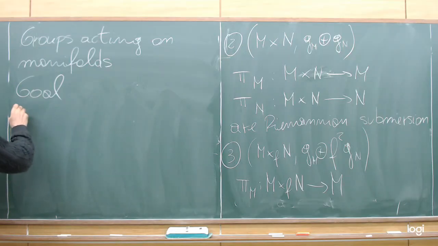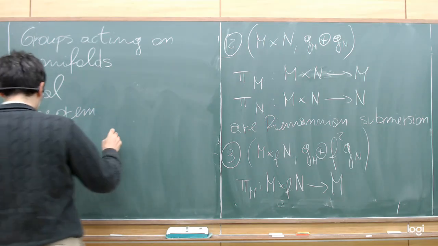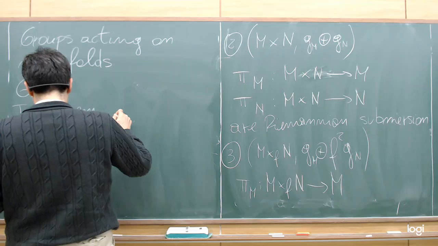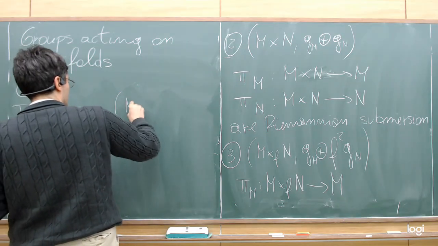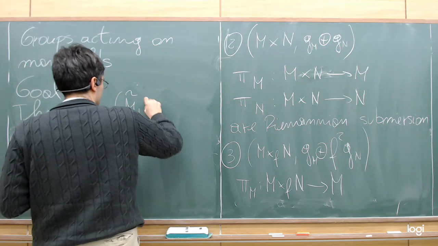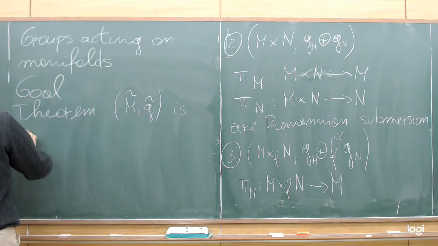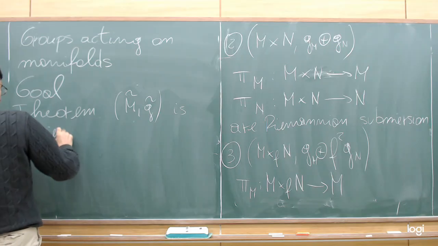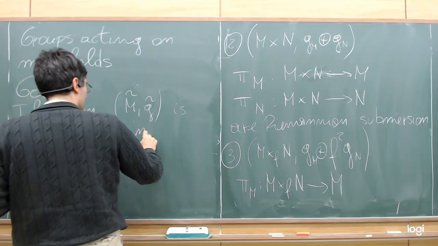The first one is the following theorem. Suppose that M tilde, G tilde is a Riemannian manifold